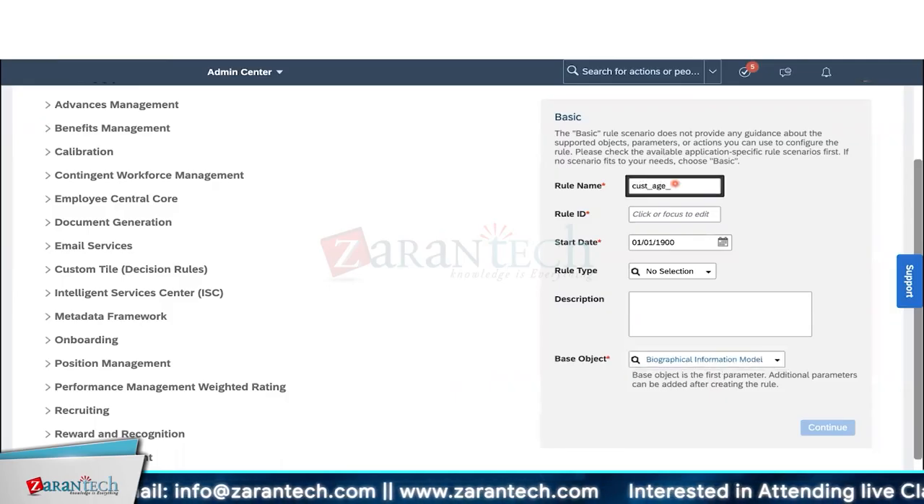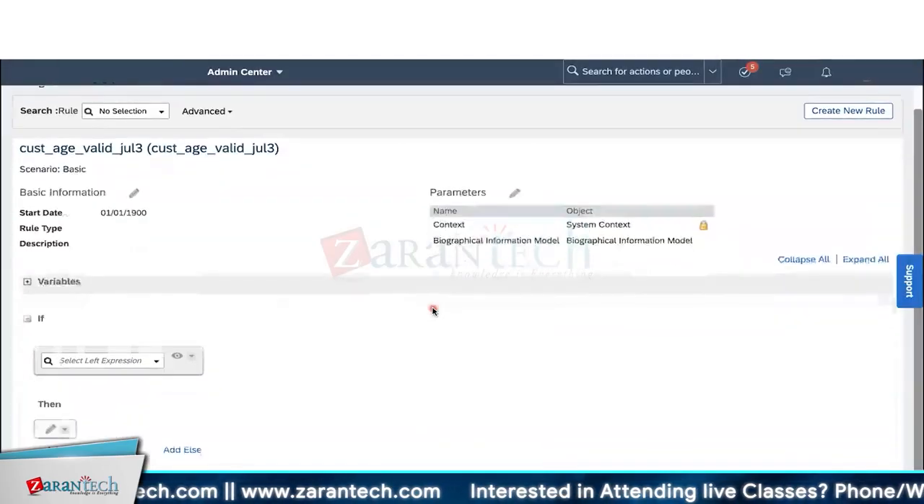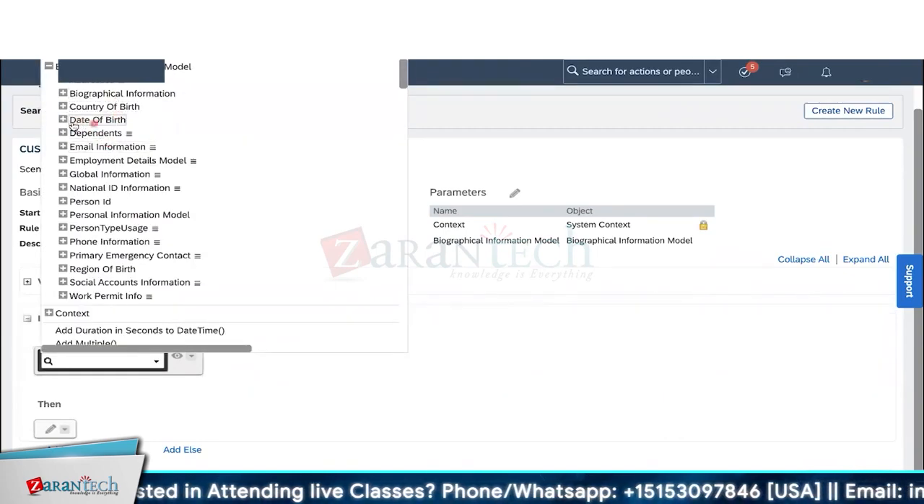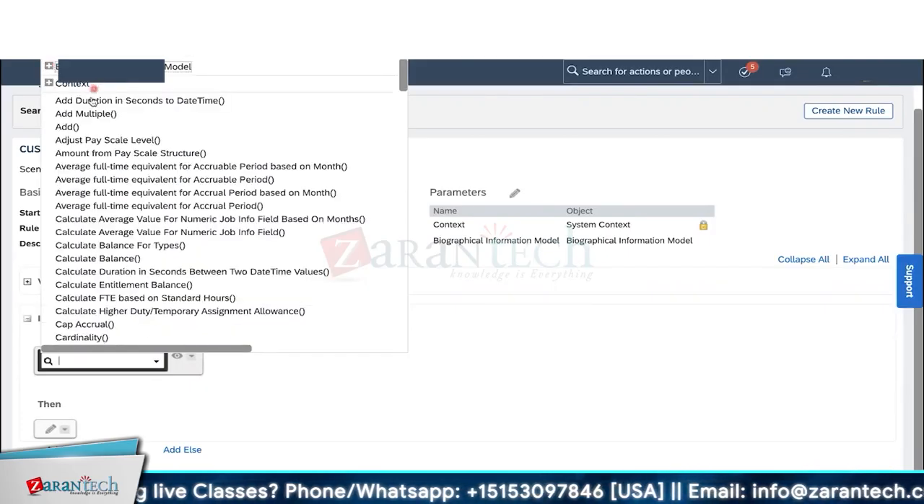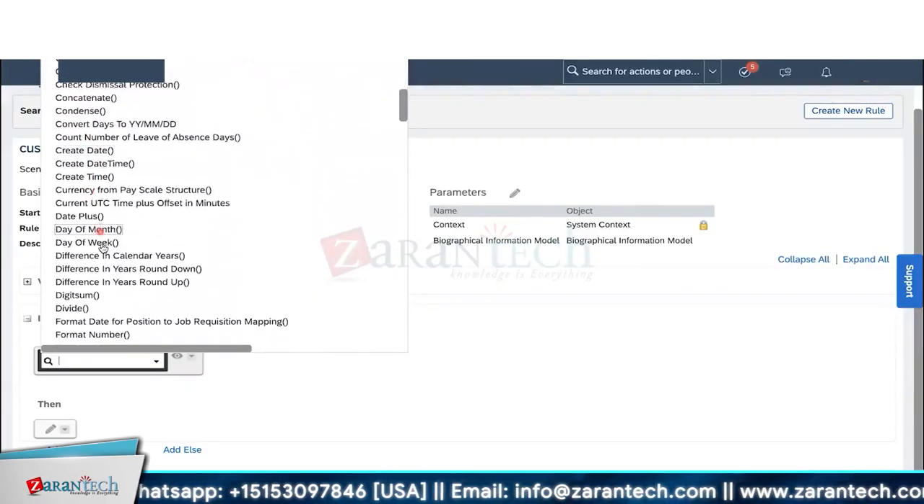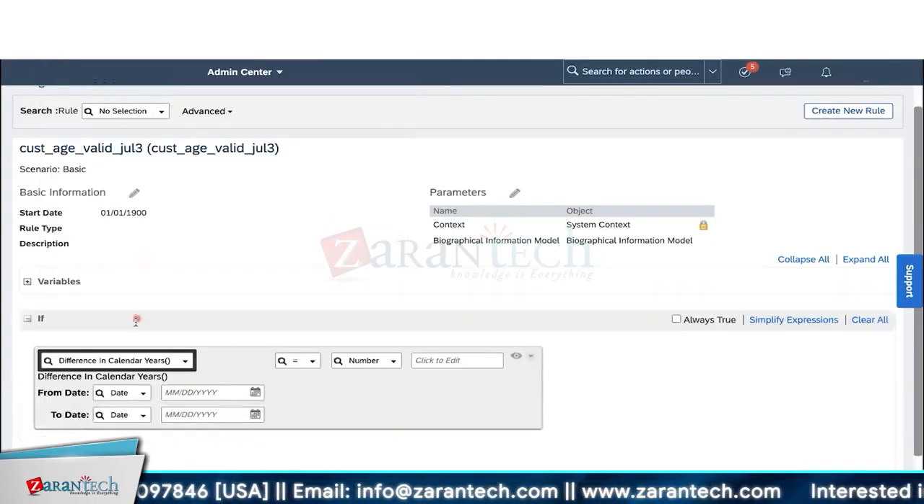So, custom age validation July 3. Click on continue. So now, in simple English, if age less than 18 is the condition, first age is what I have to calculate. Here the date of birth is only there, I don't have age. For that, collapse this. And here you have the functions: adding, multiplying, averaging, different things, out of which we have one function called difference in calendar years. If I go for this difference in calendar years as a function,